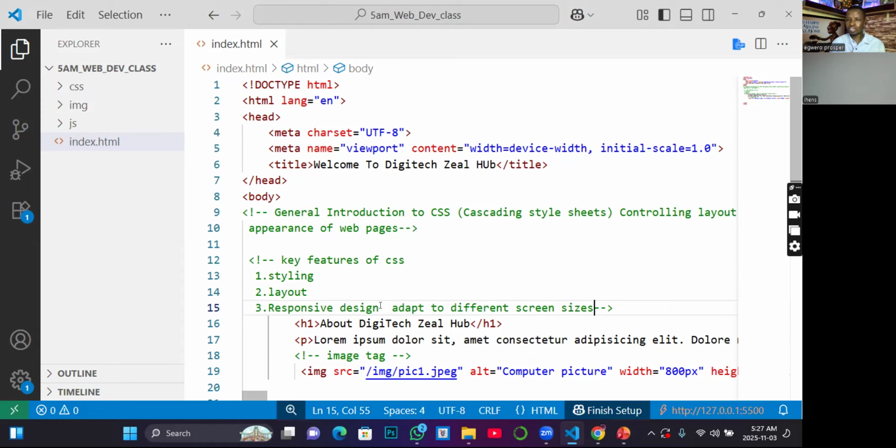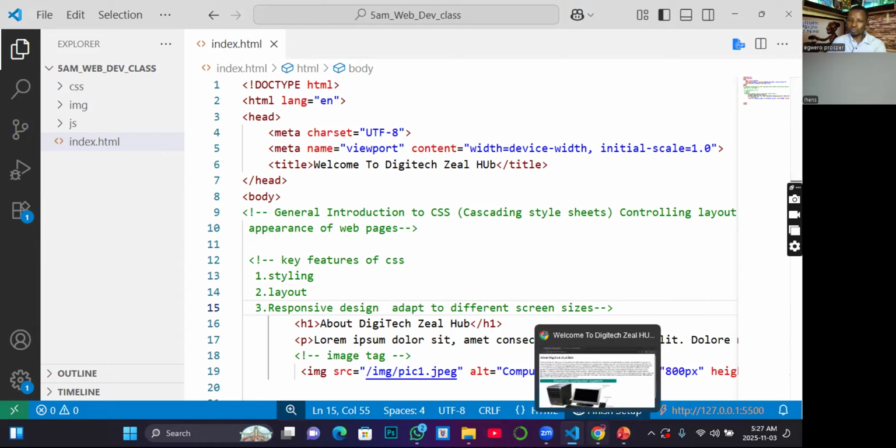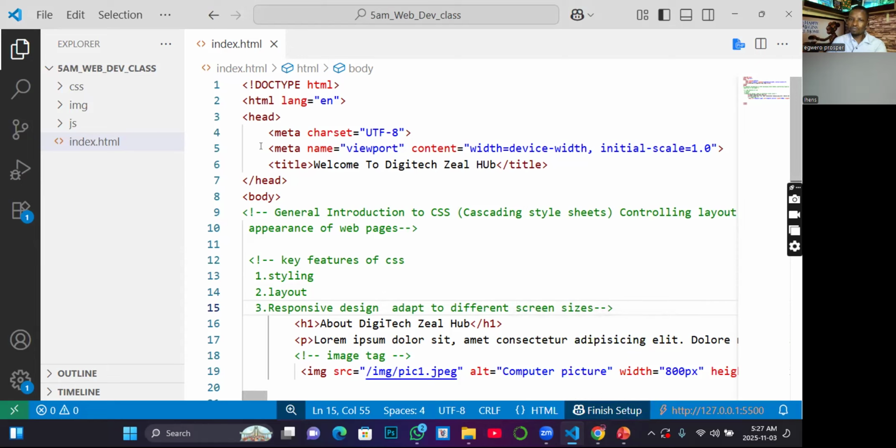Did you get that? Ability of your website to adjust to different devices, screen sizes. For example, let me take us to the front end. And remember when I was explaining the HTML default structure, when I explained this line, I told you that this line only enforces laptop and tablet